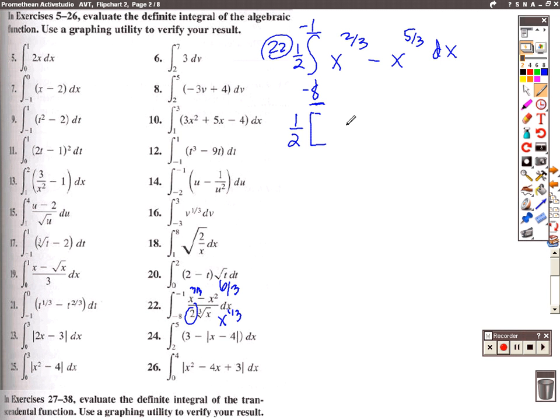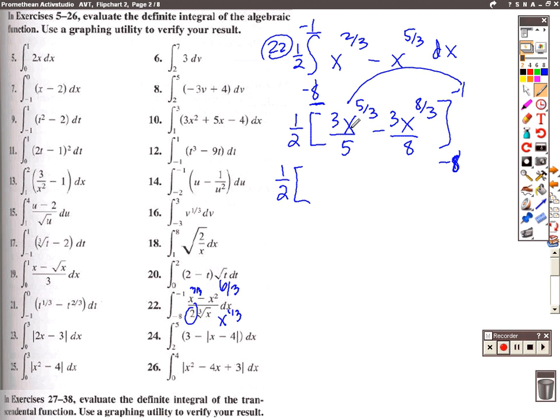increase the power by 1, that would be x to the 5/3 multiplied by 3/5 minus x to the, I'm adding 3/3, that would be 8/3 times 3/8 from -8 to -1. And then I'll take it one more step. That would be 1/2 of, I'm going to substitute in the -1. Cube root of -1 is -1 to the 5th would be -1, so that would be -3/5